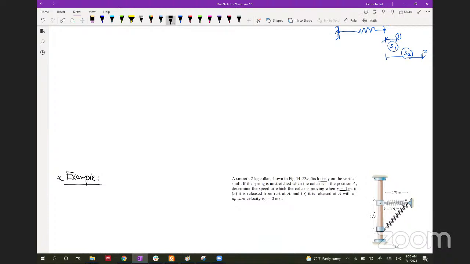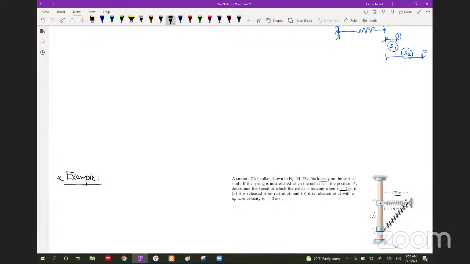The spring is unstretched when the collar is at position A, with an unstretched length of 0.75 meter. Determine the speed at which the collar is moving when Y is equal to 1 meter. So it needs the speed at C